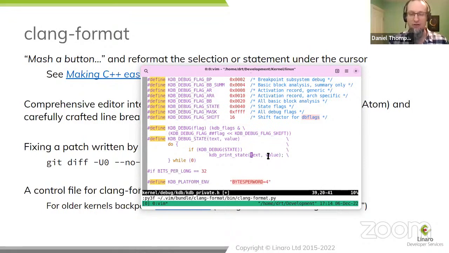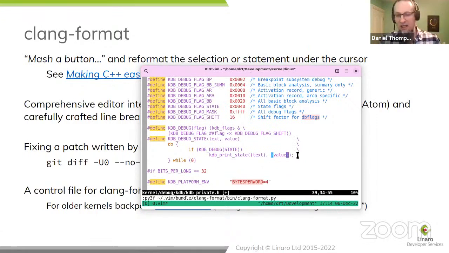So the other problem with this macro is that if text contains a comma, you'd get all sorts of crazy parse errors because a comma acts differently inside a function call than inside an expression. In fact, a lot of people don't realize that the comma is an operator in C, but it is. And so it is legitimate to use it inside certain expressions. And again, this has now caused the backslashes to misalign. And I can mash a button and it lines them all up for me.